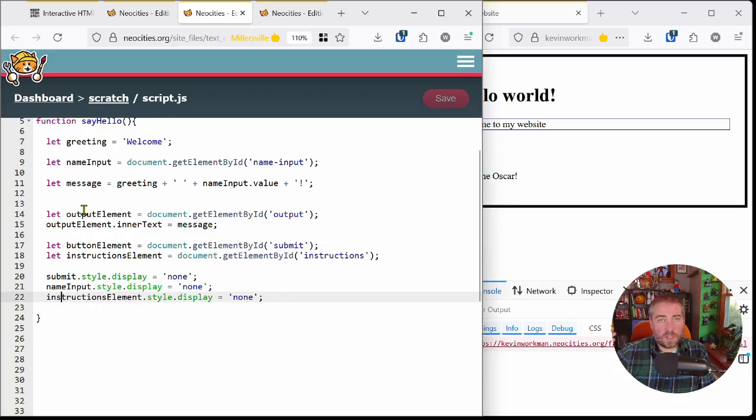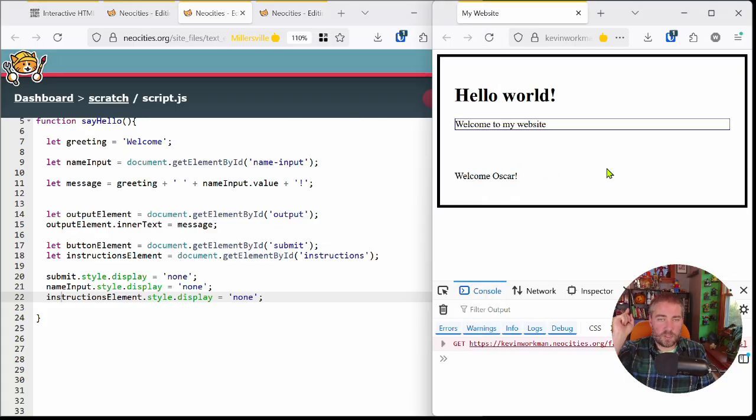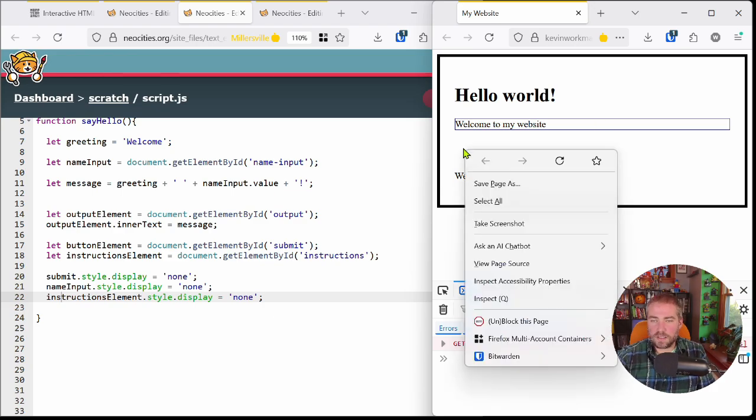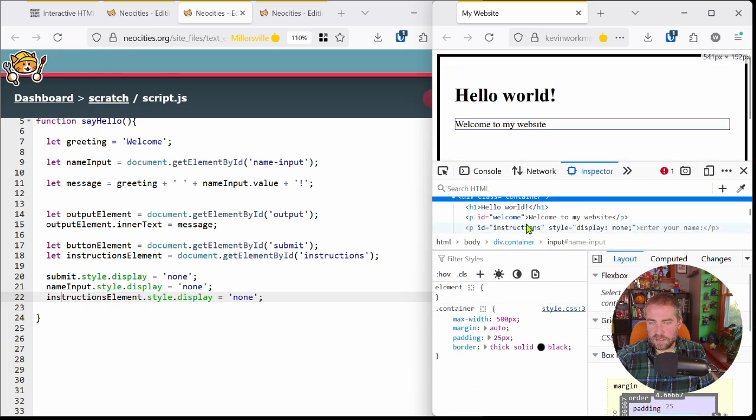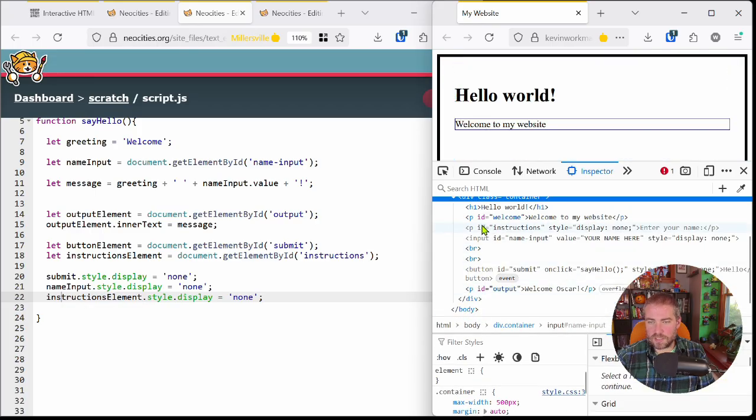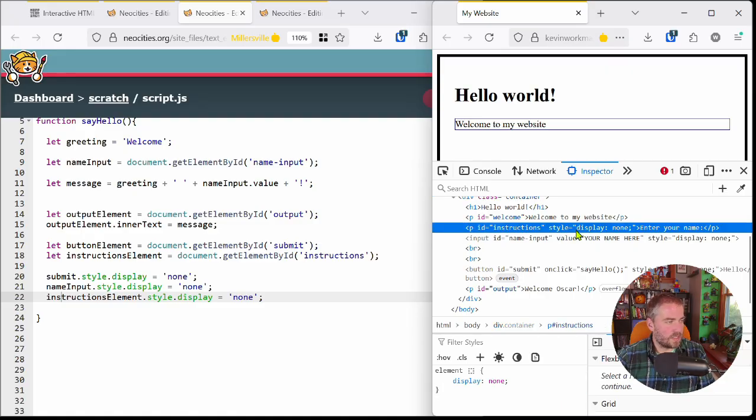And this is DOM manipulation. This is making your web page interactive because your HTML, your CSS, and your JavaScript all work together. So if I right click in here and inspect, I can still find those elements. They're still in there. Let's see here. So I see here's my ID of instructions, but I see style equals display none, and that's because of these